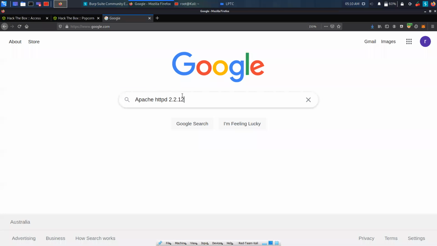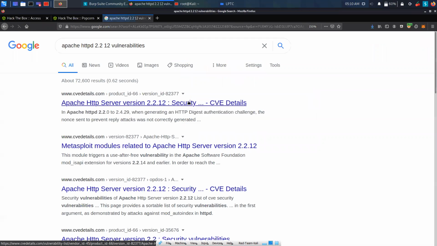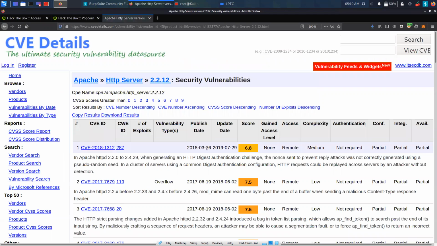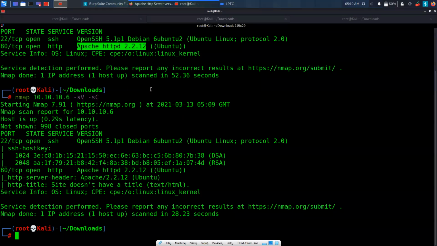We can type Apache and search for vulnerabilities. See, every version has some vulnerability or other, but we need to identify whether it is really useful to us. Will it help us to do anything better? Definitely we can see a few vulnerabilities, but nothing great that can actually help us, because by only knowing this service version, we will not be able to do a lot.